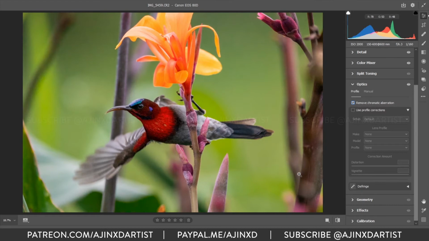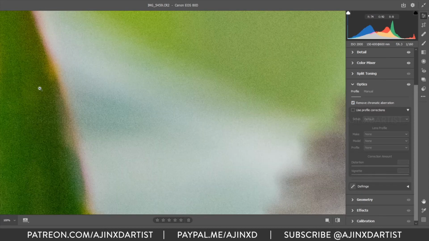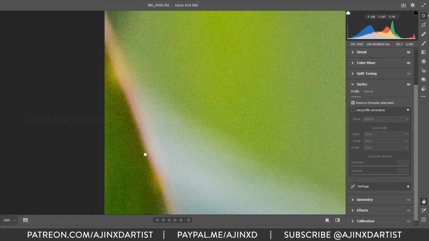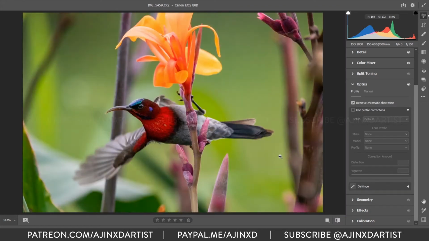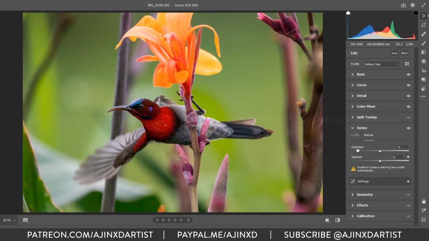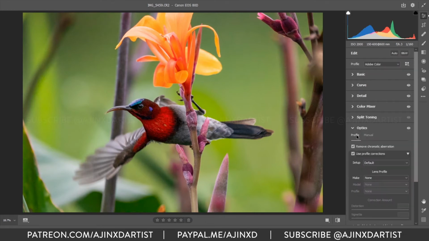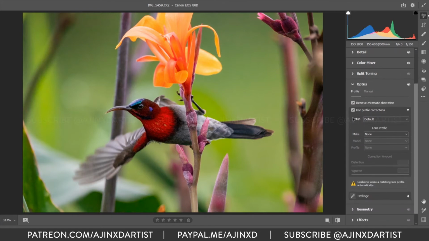Chromatic aberration is, with older versions of the cameras, there would be some places where the edges have a pink, purplish pink color or a greenish color. So if you check this, then the camera raw filter removes that effect or that distortion in the image. There are settings to it, but there's no need to do that. You can go into manual and try that, but just checking it should do.